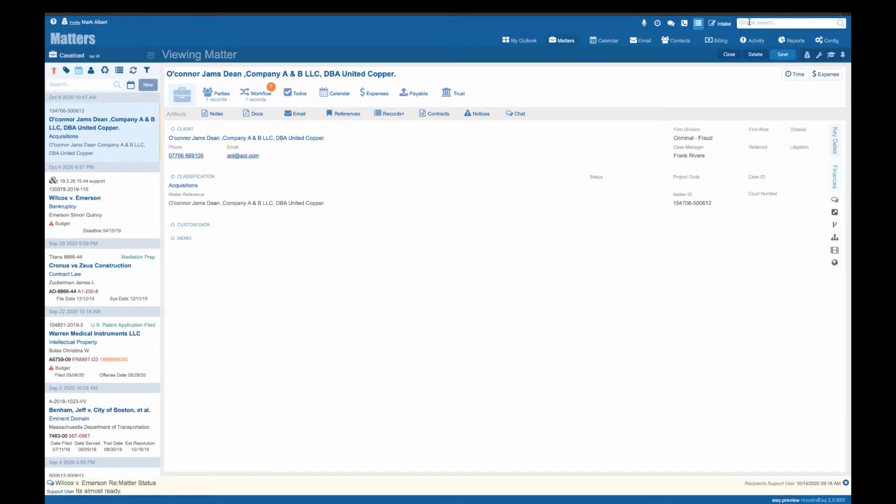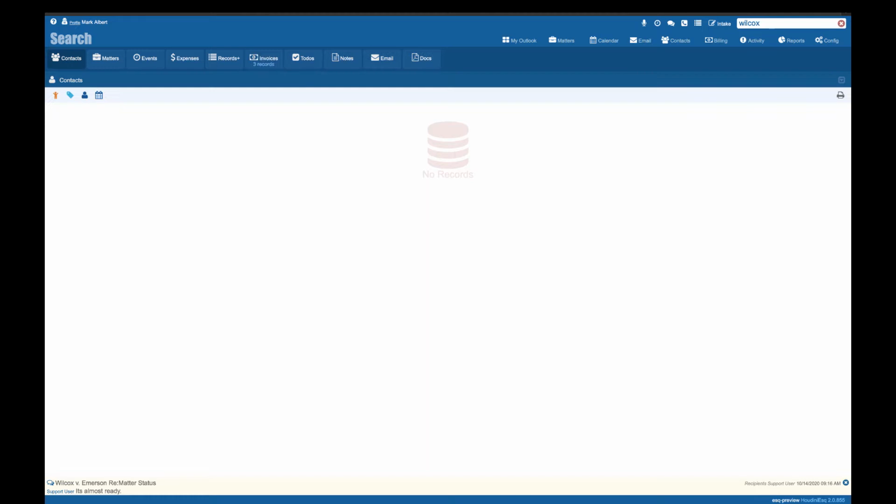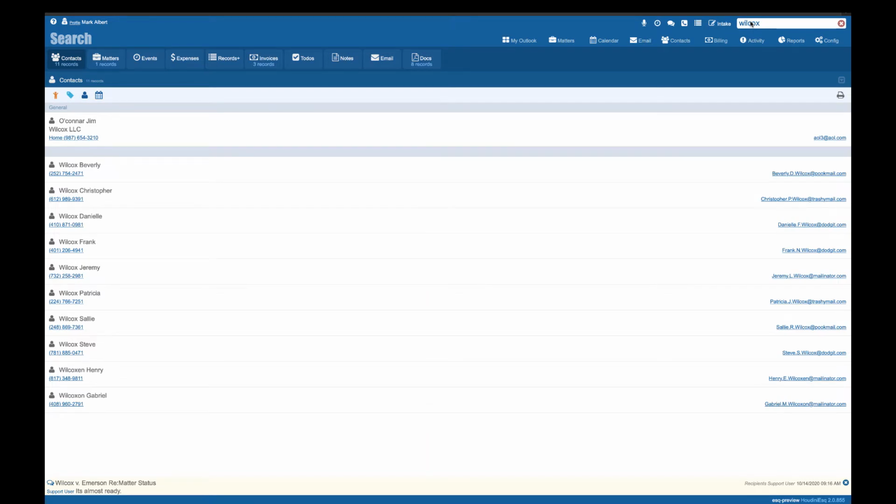To use the Global Search feature, simply click in the Global Search field. Notice the screen has changed to the Search Dashboard. Type in your search criteria. This can be a partial word, full word, or several words or phrases. You don't have to hit enter. Just give it about a second and your search will be executed across the entire system for all records that